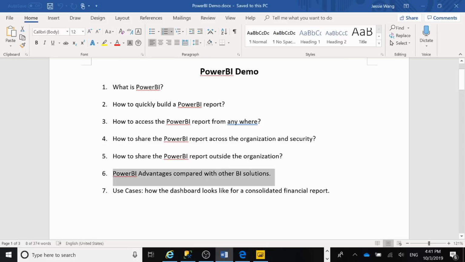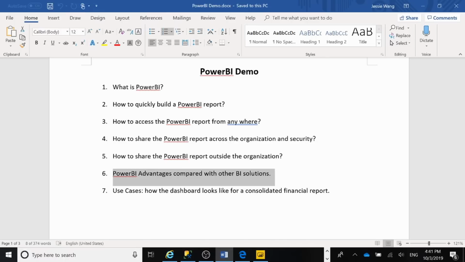For Jet Reports, it might be good to use it as a data warehouse to have the cubes and the measures configured at the back, so you can have your data more structured. But that can also be done in your Power BI report by doing some SQL database analysis, creating SQL views, those kinds of things. And the difference is, for Jet Reports, you need to have a staging database,